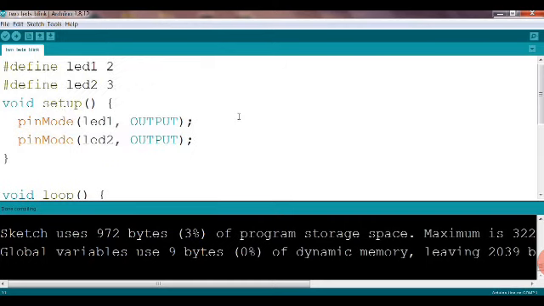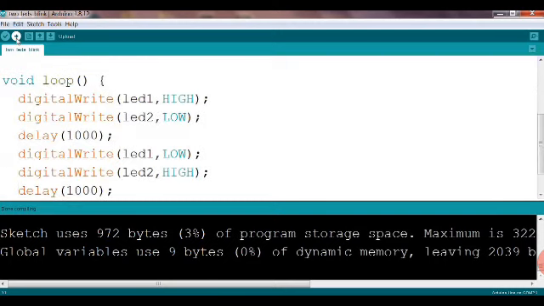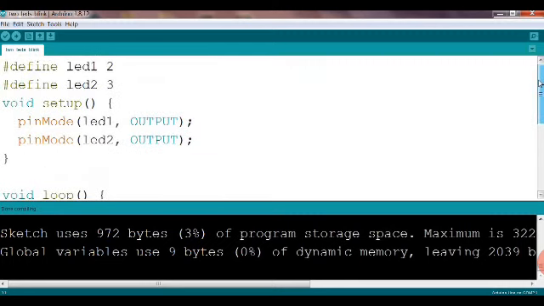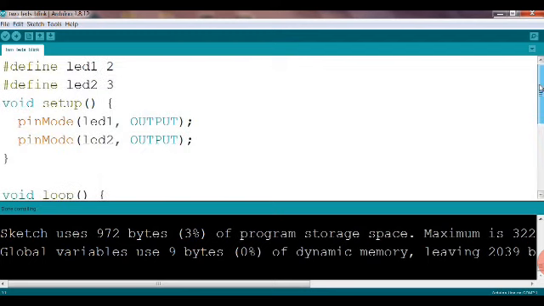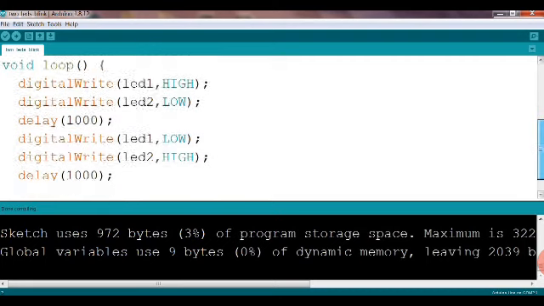So port option I can't show, but you have to remember. So then you have to click on the upload option, that is arrow mark we have. Before arrow mark we have the compiling option, that is to check, and uploading option next. And once you upload, you'll be able to see the circuit. The only thing you should remember is that once we upload the program, the Arduino must get the power, means it can be through the USB cable or through the battery. That is how your two LEDs will blink according to the programming and circuit.